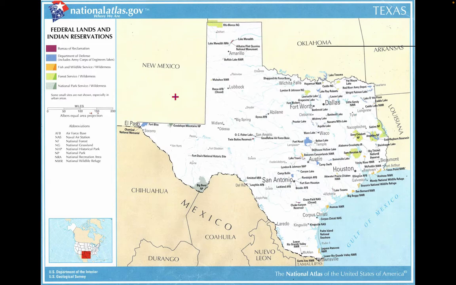Now, as far as the relationship between the federal government and the states, the independent states, all the states should basically look the same. So even if you're not in Texas, whatever state you're in should be the same. You just have to figure out, are you on federal lands or are you off federal lands? If you're on federal lands, it's probably because you're in the military. And if you're off federal lands, it's probably because you're not in the military.